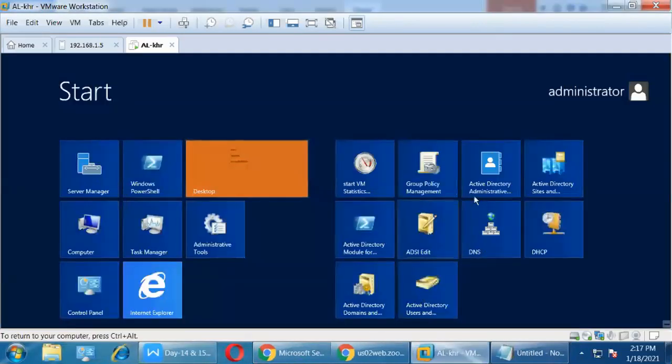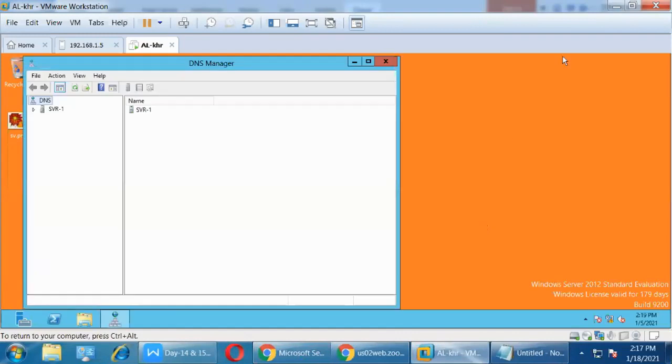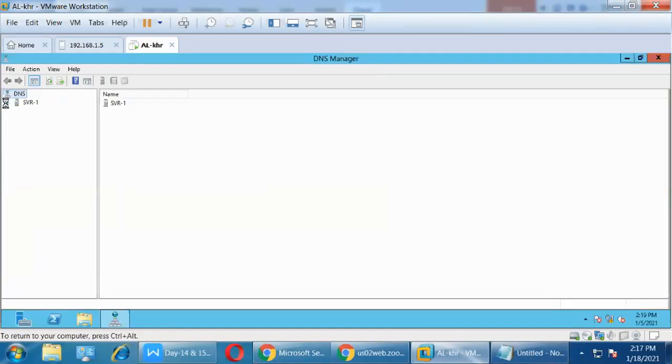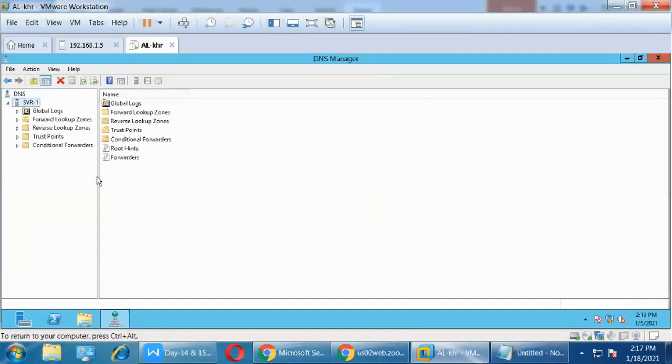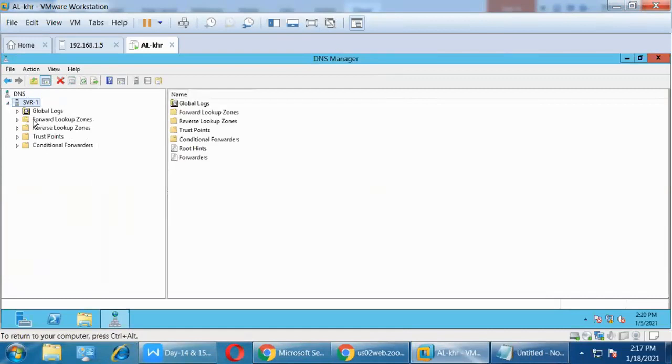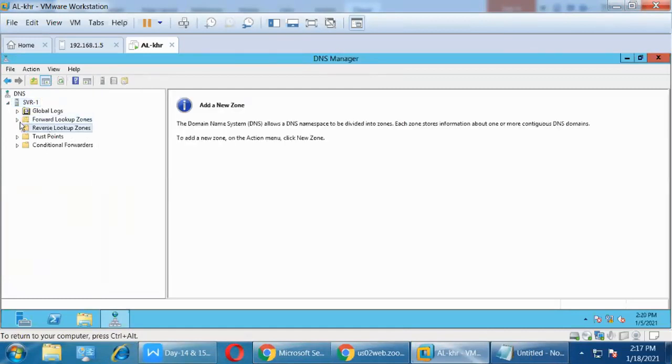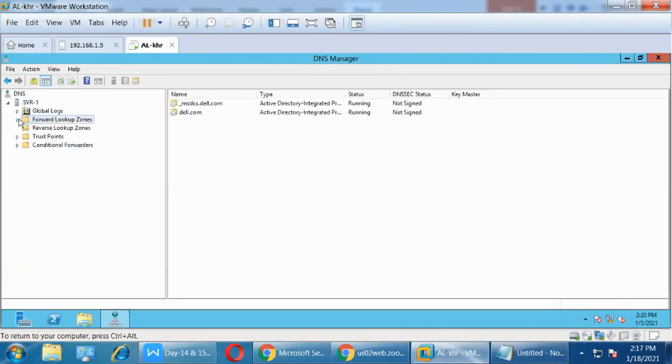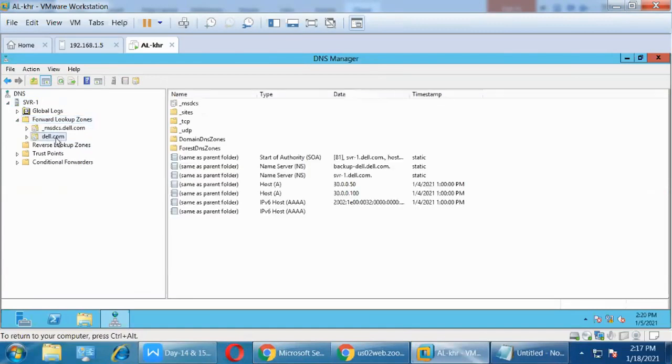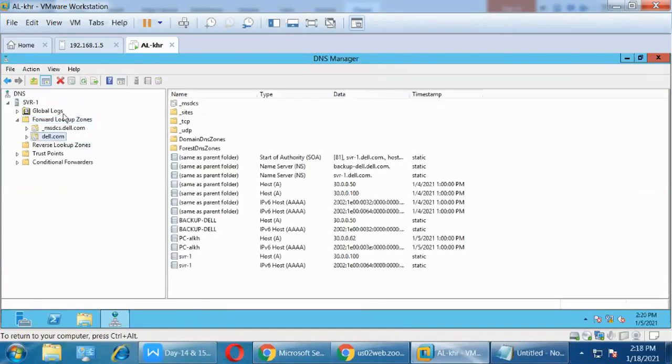So here I'm opening DNS. This is my DNS server. Are you able to see? See here: forward lookup zone and reverse lookup zone. When you expand the forward lookup zone, there is Dell.com, because my server is at Dell.com. So forward lookup zone maintains name to IP address.